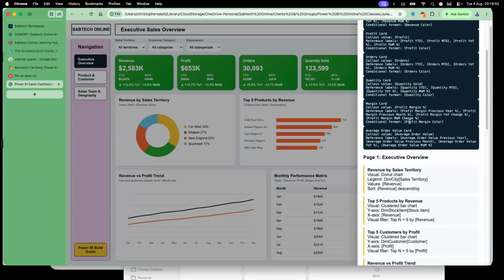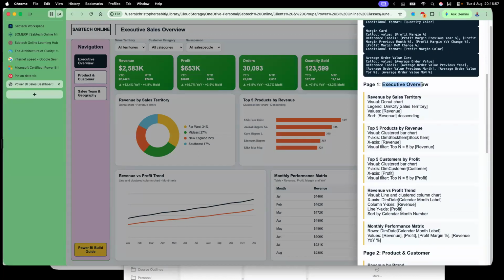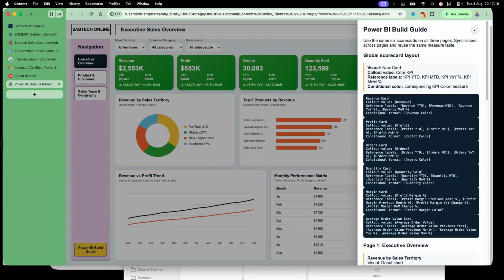So you see the guide, it is telling me on the executive overview, you're going to get the revenue by sales territory. You're going to make a donut chart. You put the dim city sales territory on the legend. You put the value as revenue, and you sort descending. It is giving you already a guide on how you can create this pie chart. You go forward. This was on the scorecards. The revenue card, you're going to look out for a callout, you bring revenue. Then you go on the reference labels, you add the revenue year to date, the revenue month to date, and all that. All these measures we have